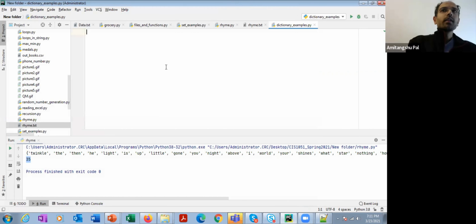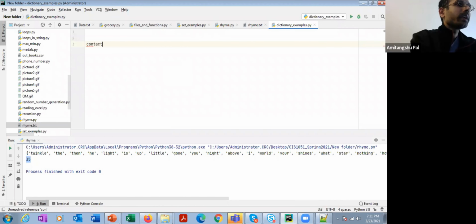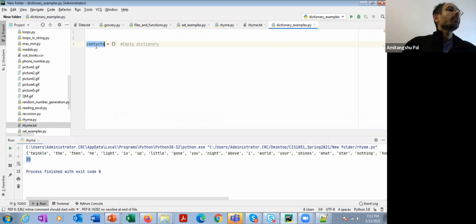Suppose I want to write a variable called contacts, and suppose this is a dictionary. As I said, two curly braces means it is an empty dictionary. And here, I want to store the contact list of all my friends.